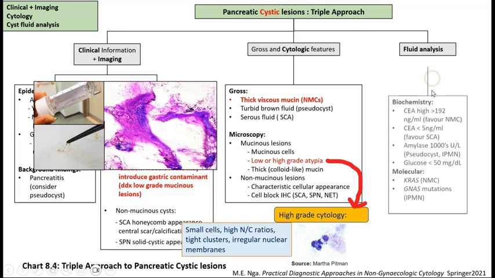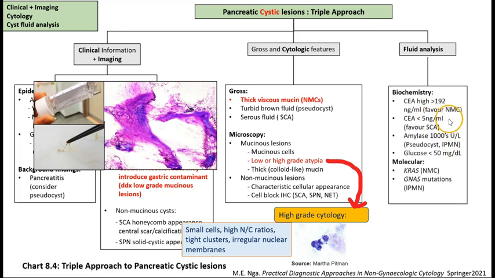Now finally, moving on to fluid analysis. As mentioned earlier, we can look at biochemistry as well as molecular tests. In terms of biochemistry, the CEA levels are usually high in neoplastic mucinous cysts. The CEA levels are conversely very low, less than 5 nanograms per mL, in serous cystadenoma, and this is